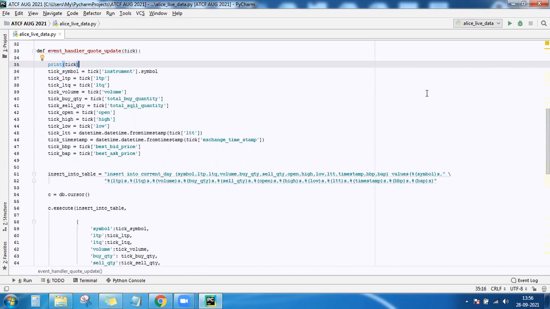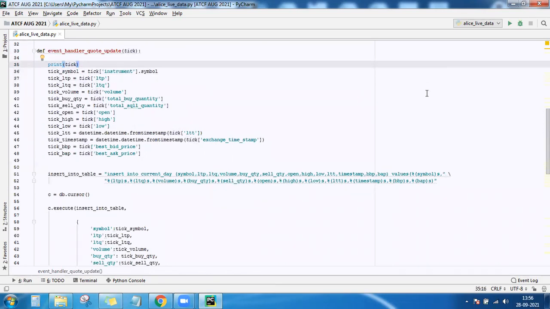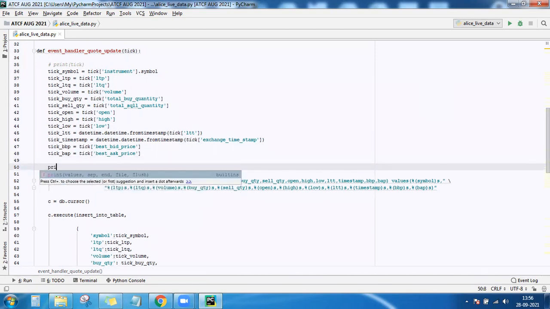Then after that, let's see at least whether these things are being extracted from it or not. We'll print it separately like this.